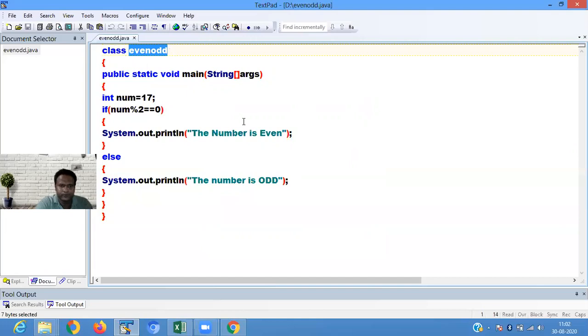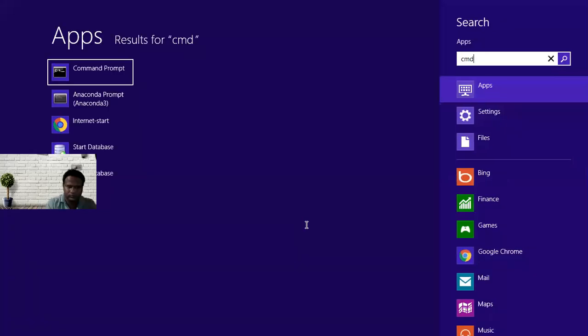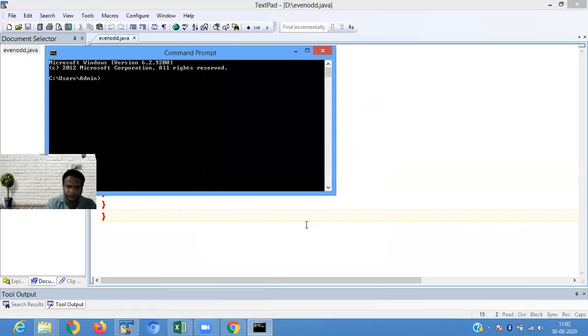Now check here. It is showing you the number is odd.